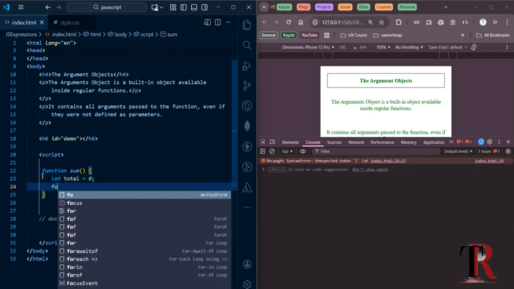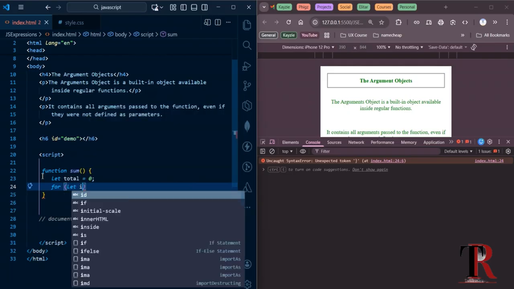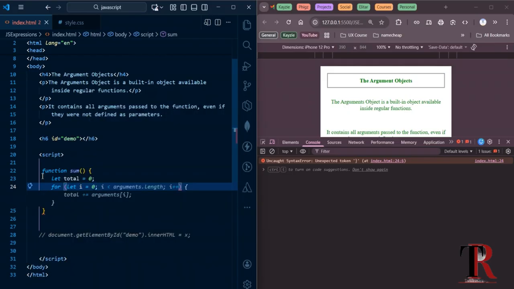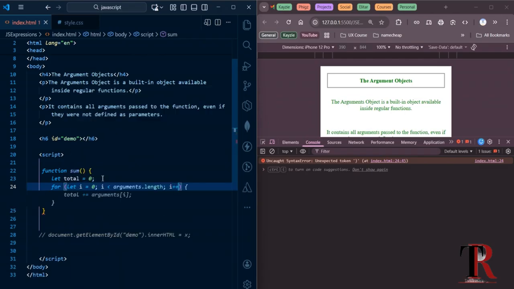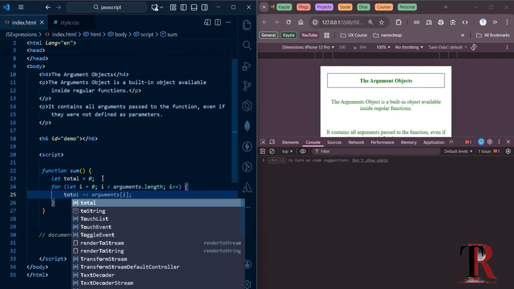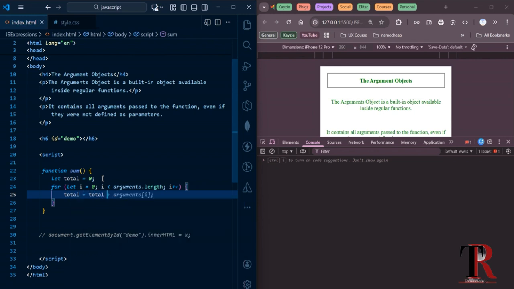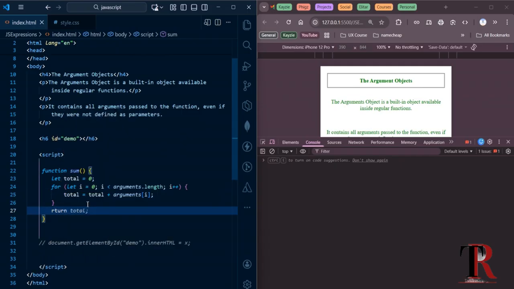Then I'll move to the next line: for let i equals 0, my starting point, i less than arguments.length, which means the length of my arguments. Then i plus plus, which is the way of increasing the loop value. And then I can now do something like total plus equals, I'll use a shorthand, arguments, and then I pass in the value of what I am iterating, which is i. And then I can say, after the for loop, return total,